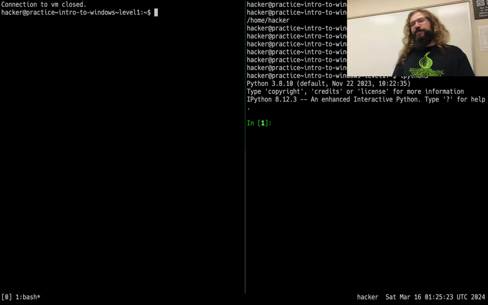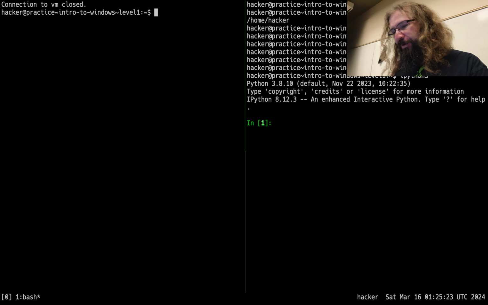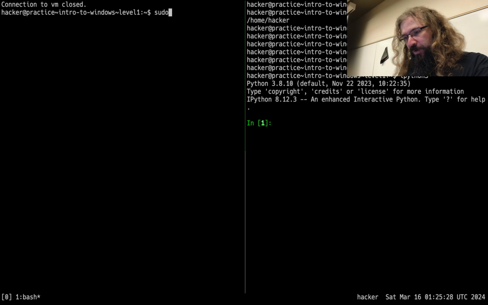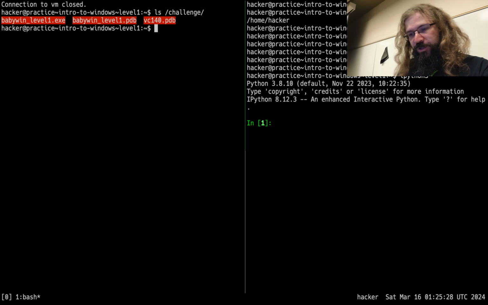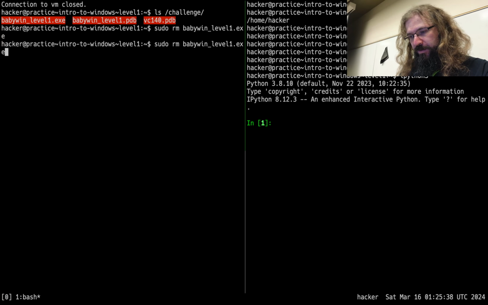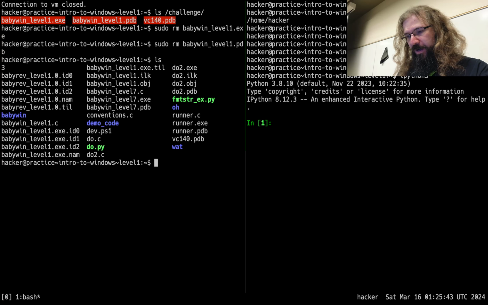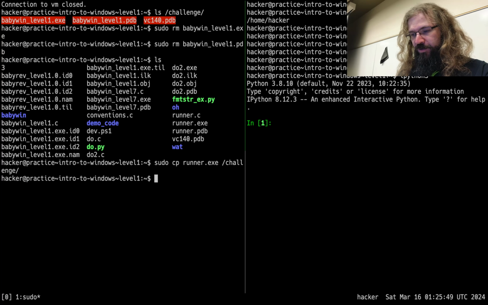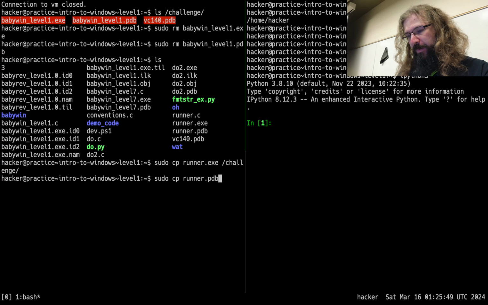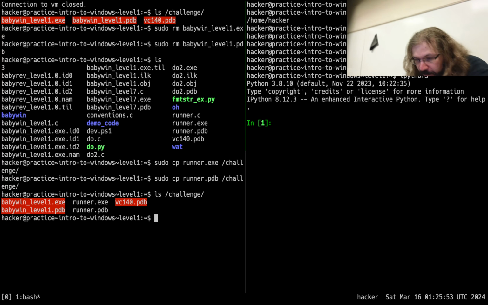This will probably make me have to fix the resolution, which I lied. I said I wasn't going to. From here, I'm going to look at the challenge. We're going to sudo rm babywin level1.exe, and we're going to also remove the PDB for that. Bam. Now we will copy runner.exe to challenge. Then we will copy runner.pdb to challenge. And so now challenge has